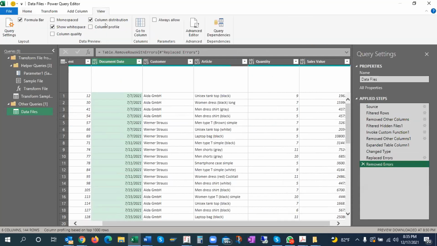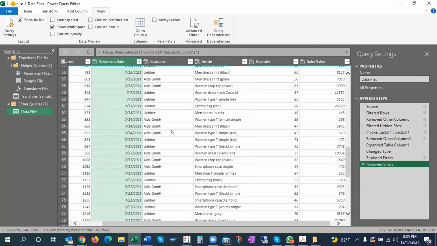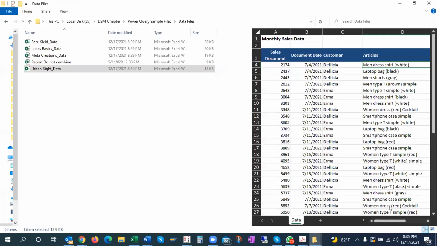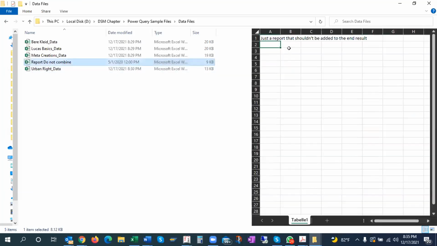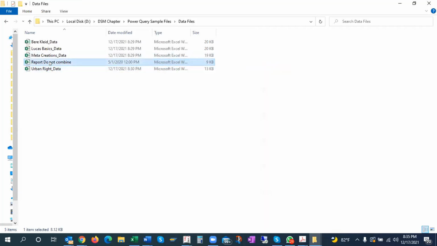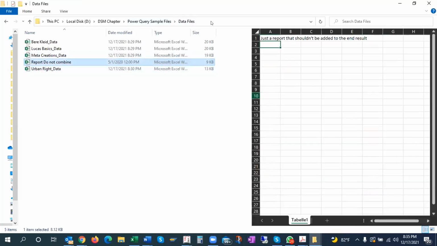So I say view, column distribution. So my data is fine now. Miranji, my point was, when it was showing error, why was there an error? I mean, what went wrong that the error was displayed? Because when you see this data file, this file has headers and it's a perfect table, but this doesn't have. Got it. This is fine. I copied this path. So this was giving me problem.